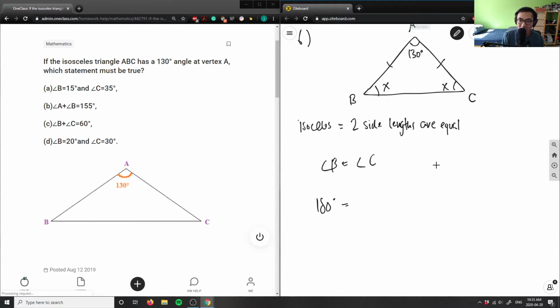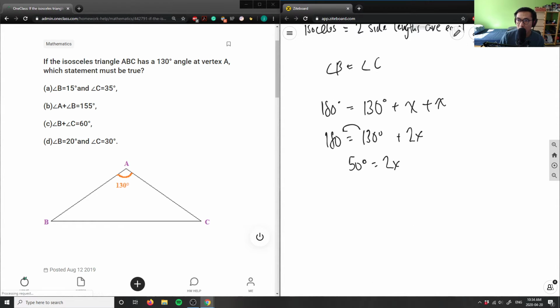Equals, I have 130 degrees already here. That's already my first angle. Plus, I'm solving for x, plus x equals 180, right? I have 180 equals 130 degrees plus 2x, where x plus x here is 2x. If I move this over, I have 180 minus 130, which equals 50 degrees, equals 2x. And then I can simply divide both sides by 2 to get x equals 25 degrees on both